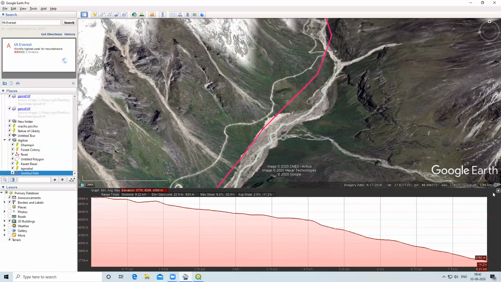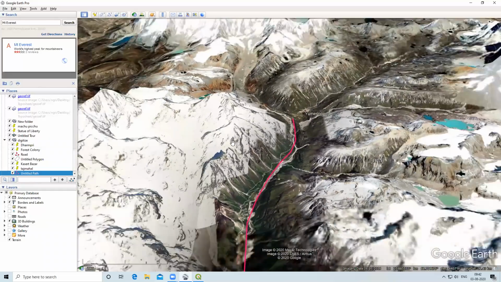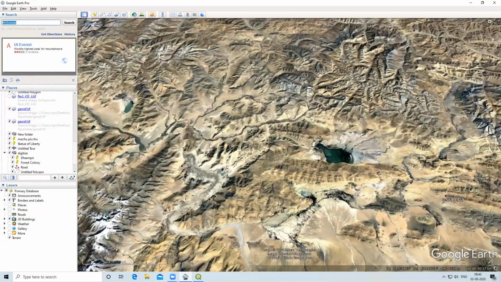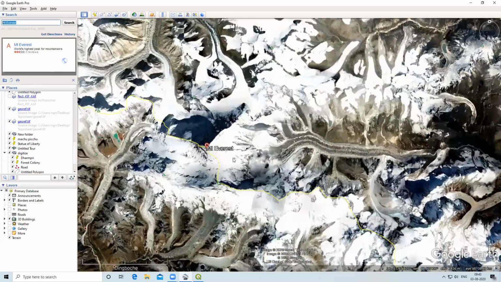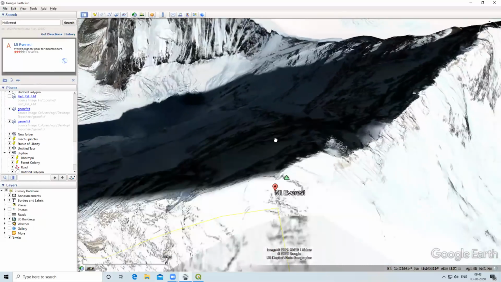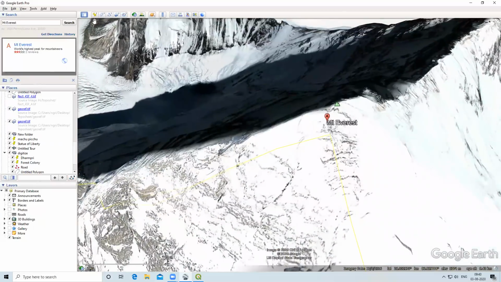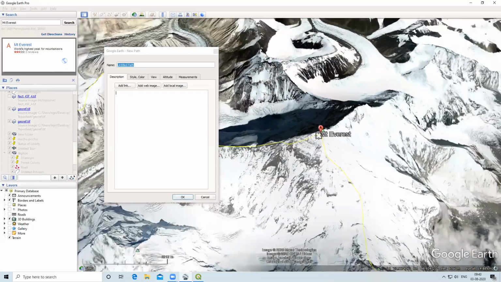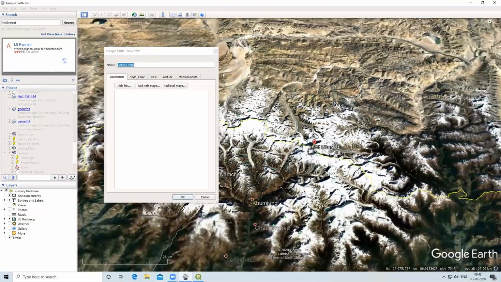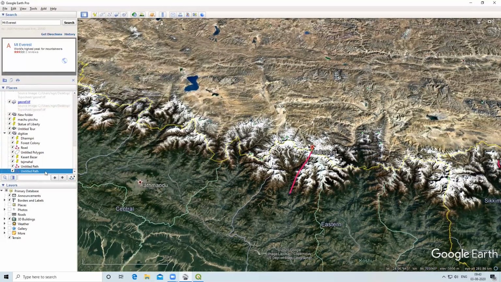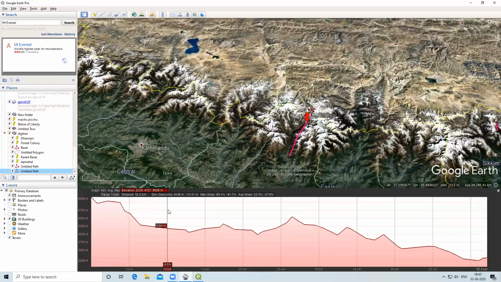Now we'll see another profile. Like if I go to Mount Everest, I'll press OK, right click, show elevation profile.